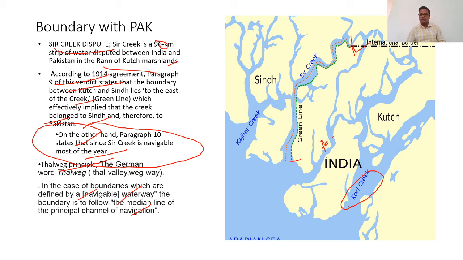So presently, if somebody asks you in the questions why this region has mangroves, the cause is the extension of the Thar desert because of the ancient delta of the Indus, as I said.